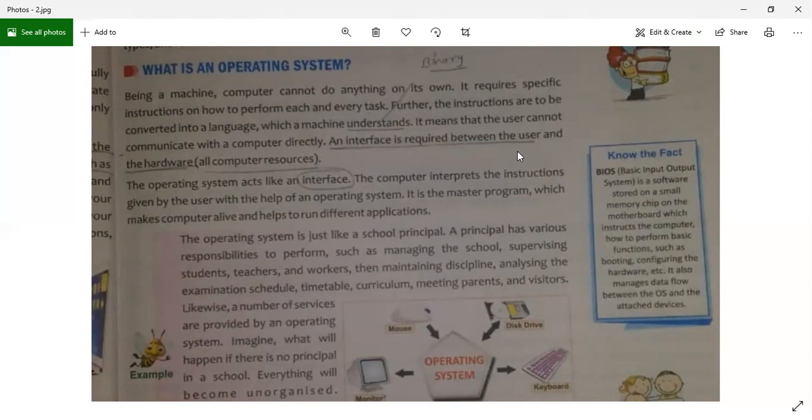So what is an operating system? Being a machine, a computer cannot do anything on its own. It requires specific instructions on how to perform each and every task. So a computer cannot start working on its own without human beings speaking to it in a specific language. As I said, I cannot just stand and talk to my computer, or even, let me give you an example, I cannot talk to my phone.